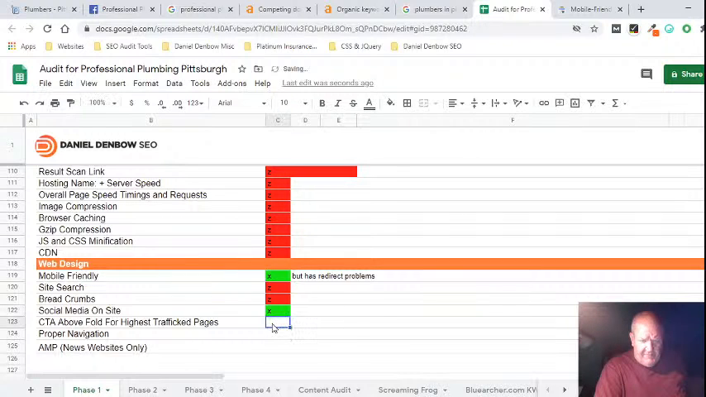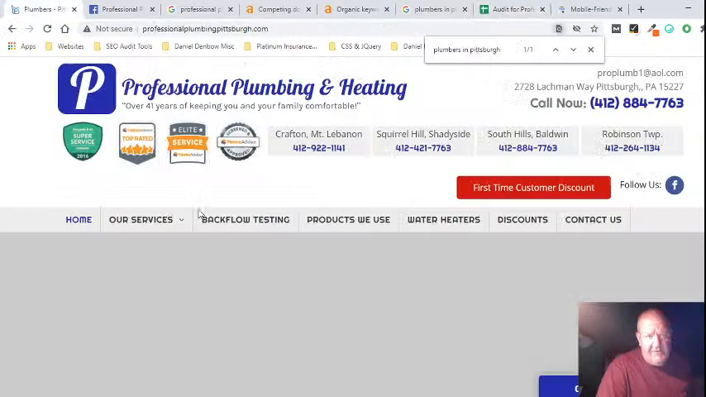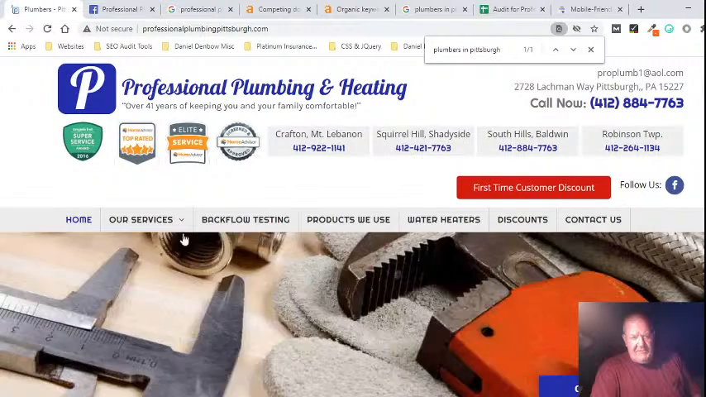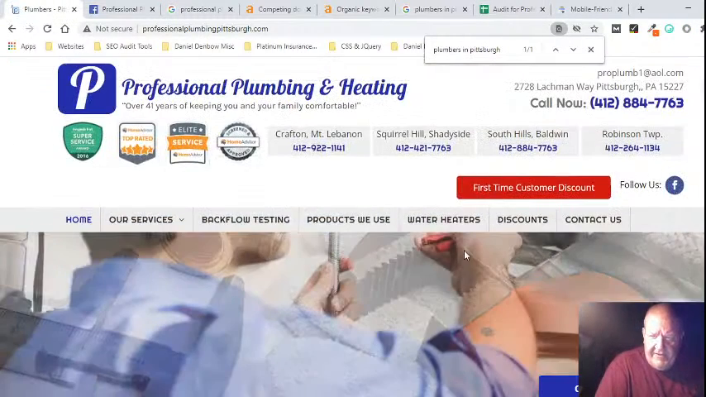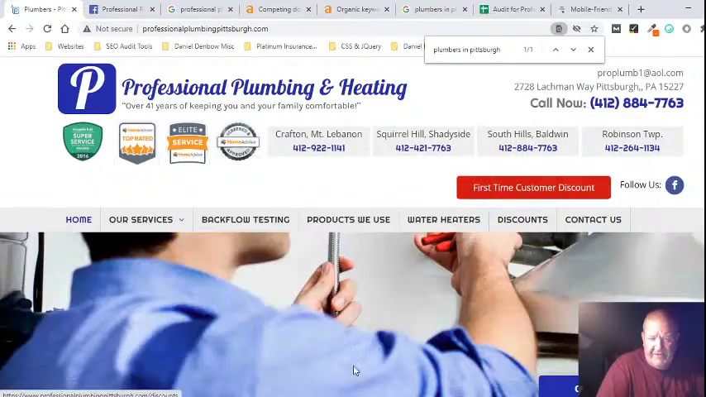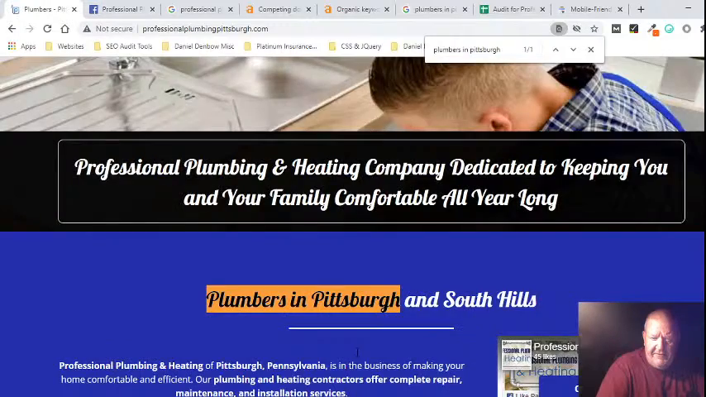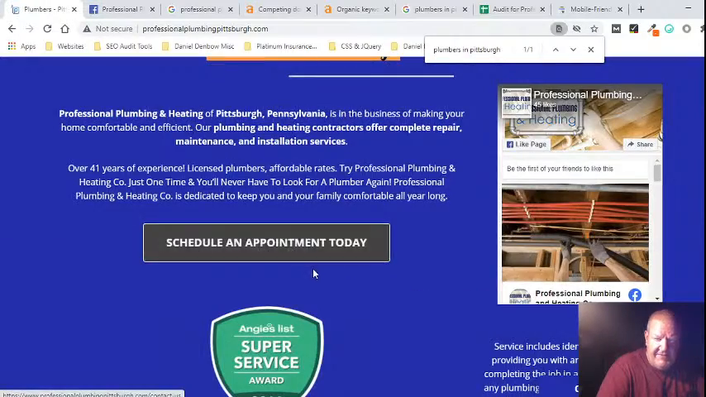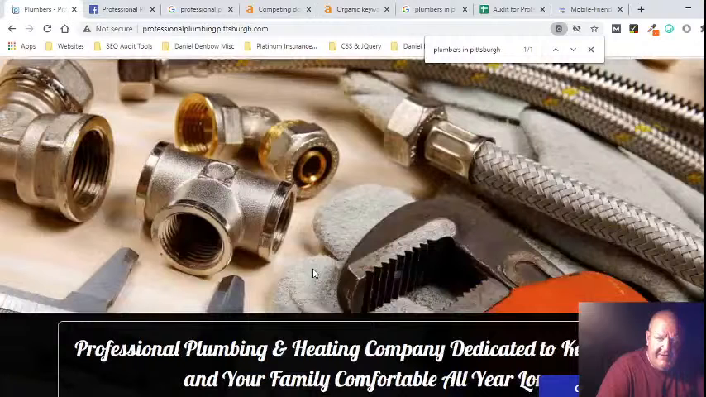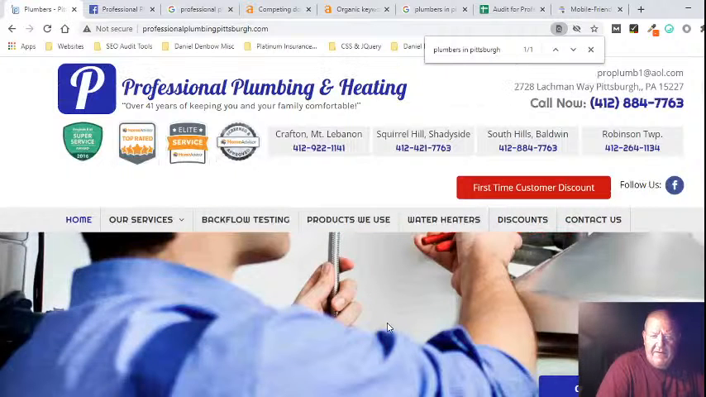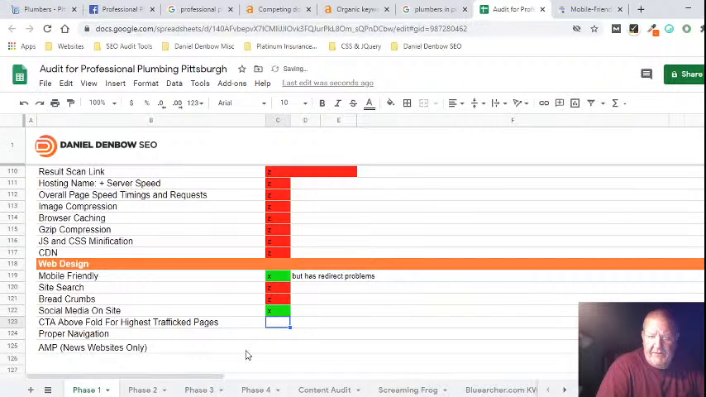CTA above the fold on the highest traffic pages. So basically what you want on all these pages, there's your home page. You want a CTA right here. There's one right there for your first time customer discount. But you need another one here. This one here, schedule an appointment today, needs to be moved up here. You need a CTA right there. So I'm going to put no, and I'm going to put on here